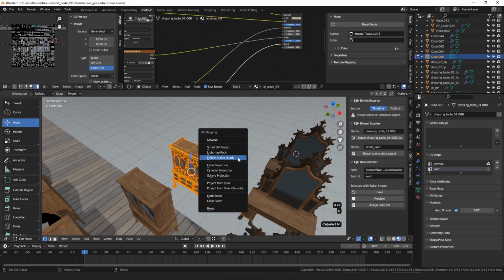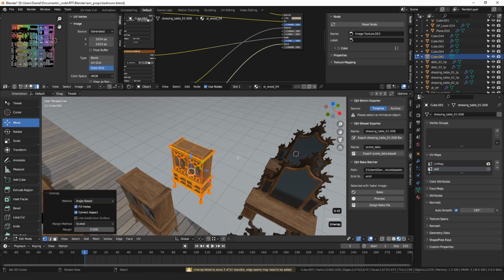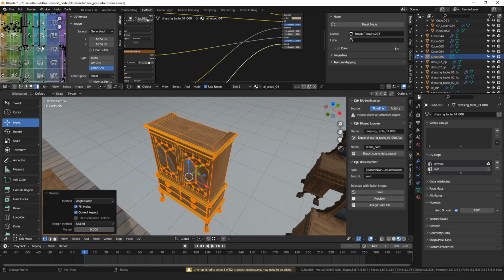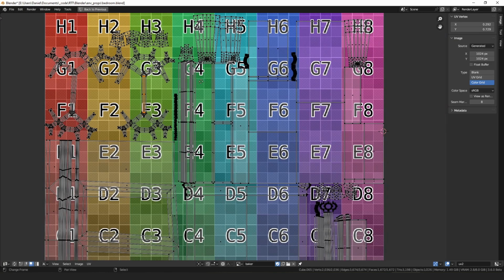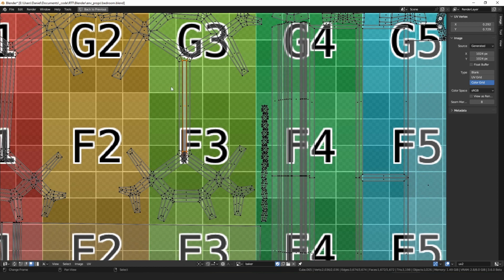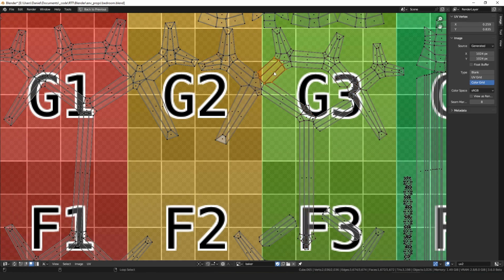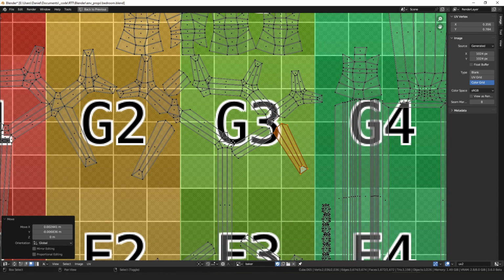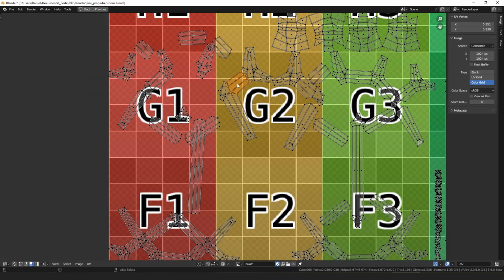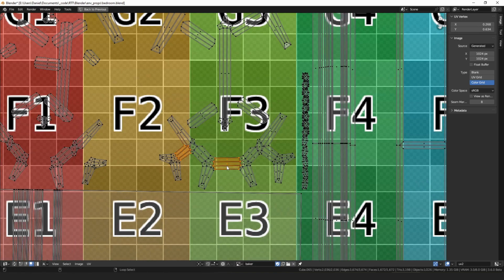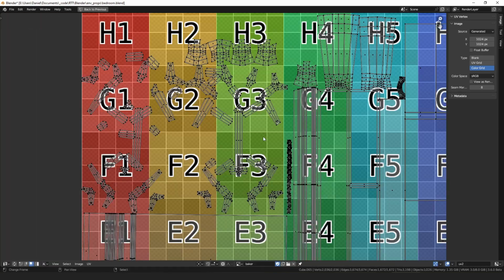Then just to start, to see what's going on, I'll just unwrap everything and see what sort of a result we get. Some things to look out for are pieces like this that make really bad use of the space in the layout. So I'm actually going to go through and just sort of separate these. Alright, and then once I've broken those apart into pieces that I feel like will not take up too much